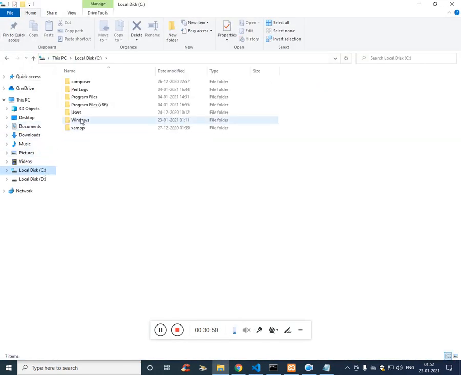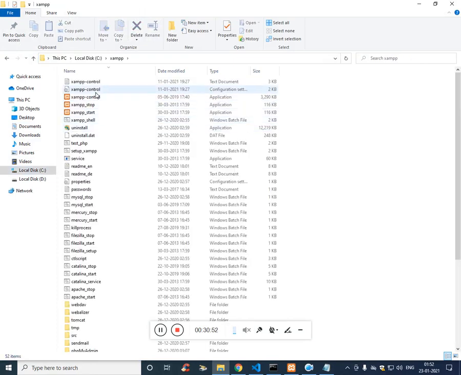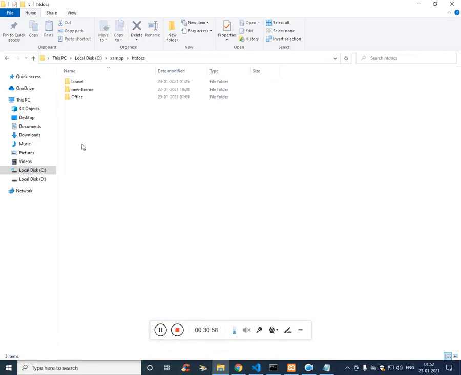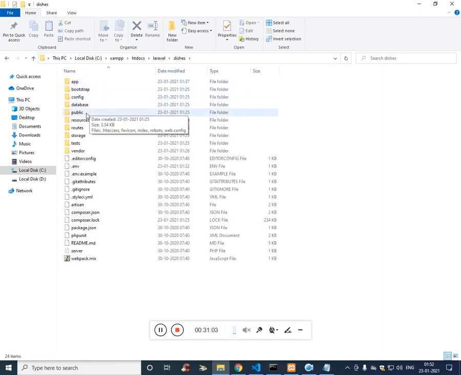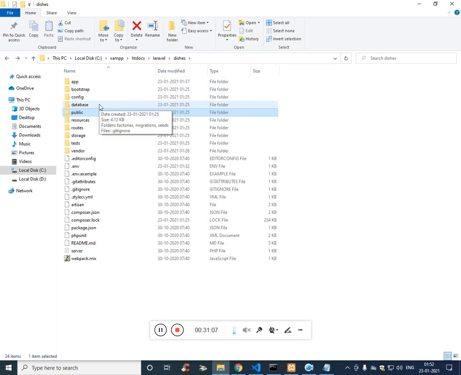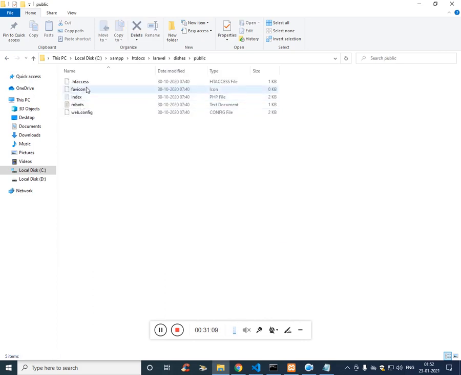On the C drive, XAMPP, where is htdocs, Laravel, dishes, public, not public, public, the folder is blank, so we have to copy paste the folder on the htdocs, Laravel, menu, public.